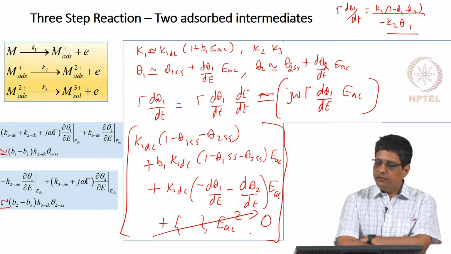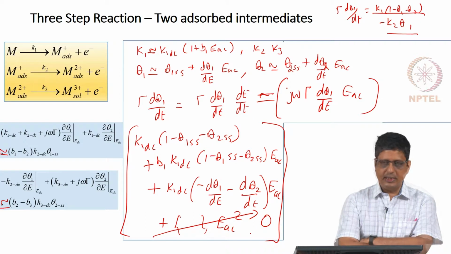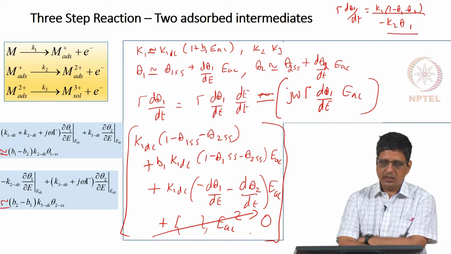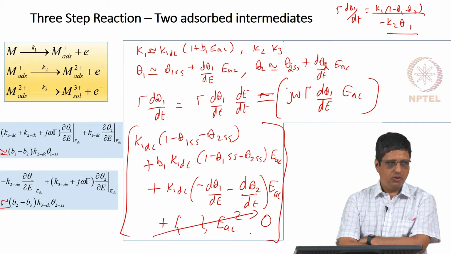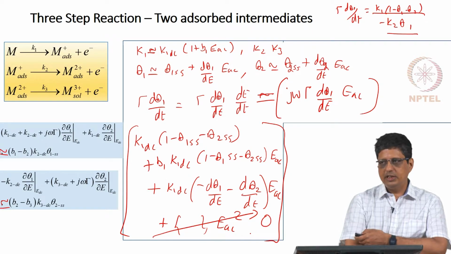Again, it will take you some time, but it is not going to be difficult in terms of complexity. It is lengthy, but it is not something beyond your capacity or beyond your ability to get this. All that you need to do is substitute it, carefully do the multiplication and throw away the terms which are higher order than EAC. Is the first term coming correctly? Have I written it correctly?